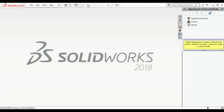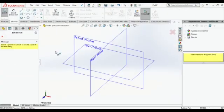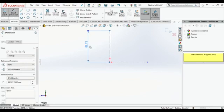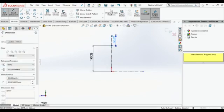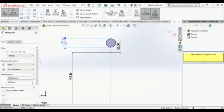Now we are going to design the tire for our bicycle. It is one of the important parts of our bicycle. Then select the right plane and draw a circle center line of 145.26 mm, and then make one circle over there of 79